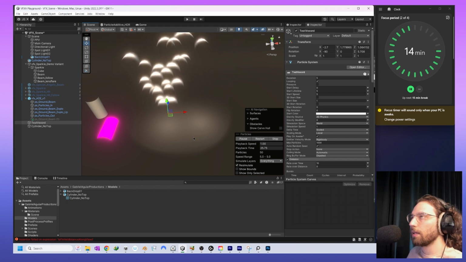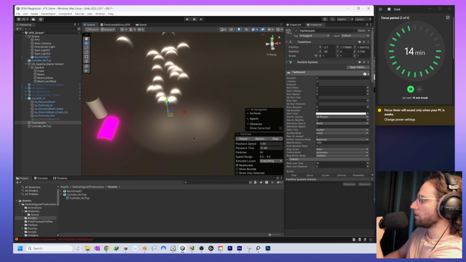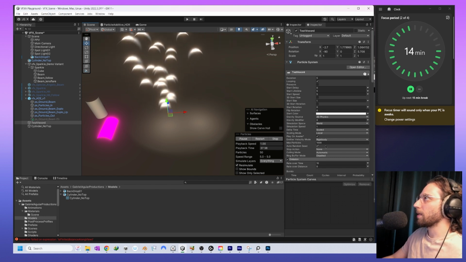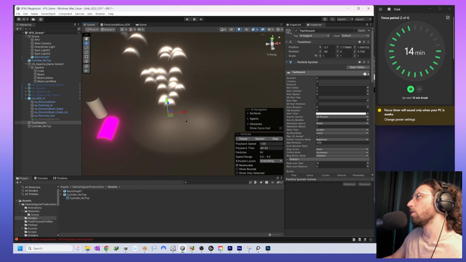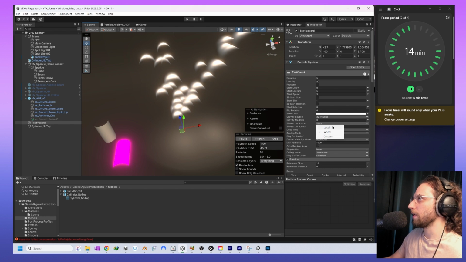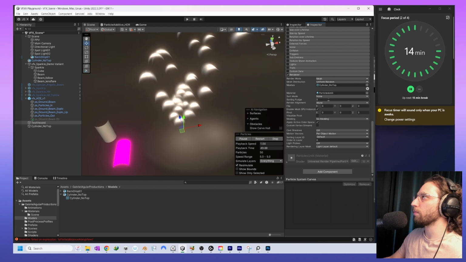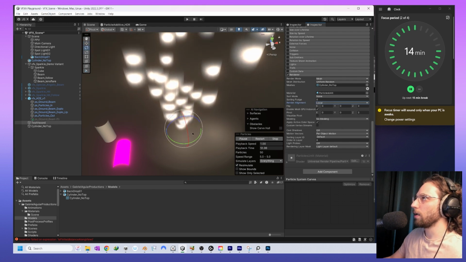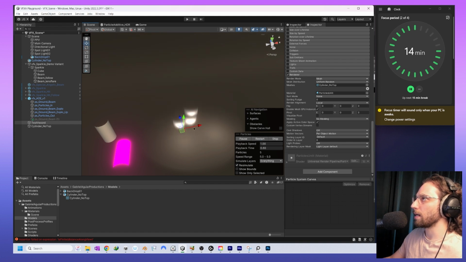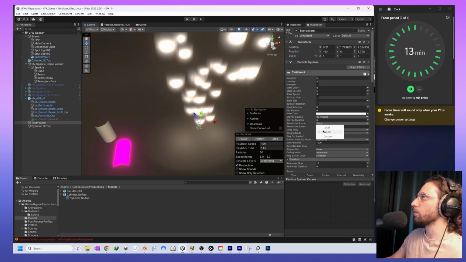It depends on the effects and the usage of it, right? So you have an effect that follows a character, for example, but you don't want it to change. You just want it to stay the same, no matter what. But another effect you want to change depending on its location, right? And this is where this matters. So I wonder now what would happen if this stayed world. I think it will move, but it will still spin within itself, right? So it will spin with itself, but it won't do the same thing with the fire. It will just stay like it is, just emitting those particles. But if you change that to local, it will,